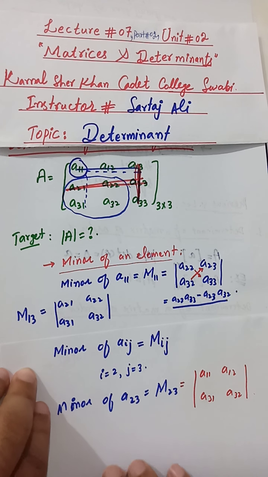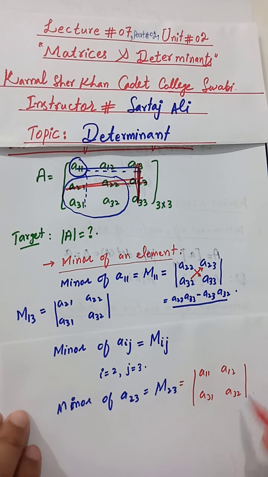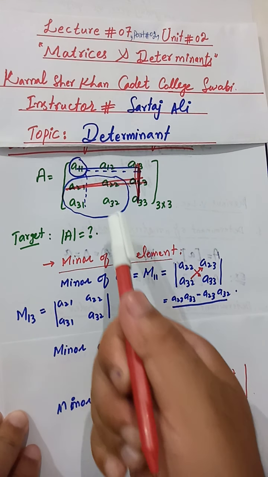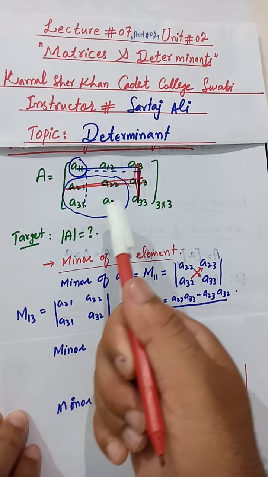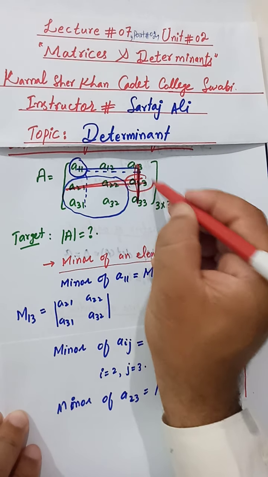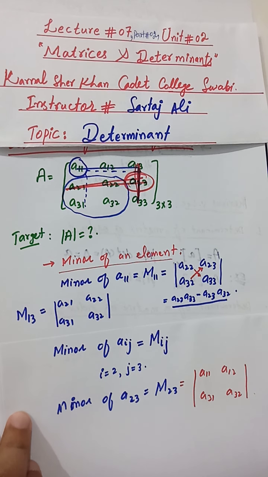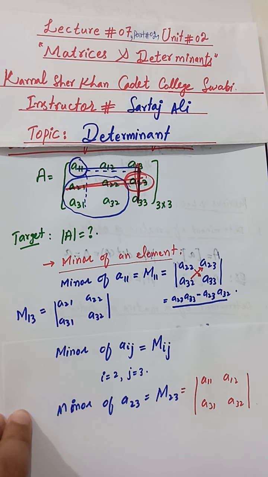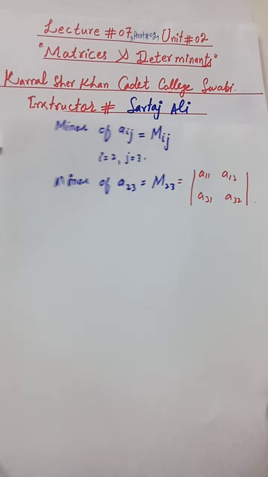You see it here, and you can easily find out the determinant because this is a square matrix. So from this you will get a number, and that number will represent the minor of A23. So this is the procedure to find out the minor of an element. That minor is necessary for finding out the determinants of high order matrices, order greater than or equal to 3.